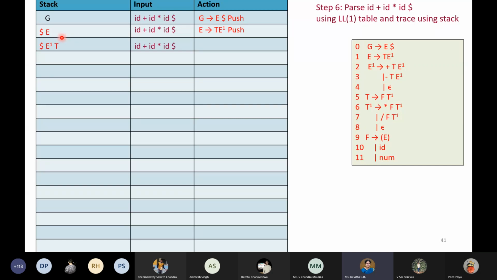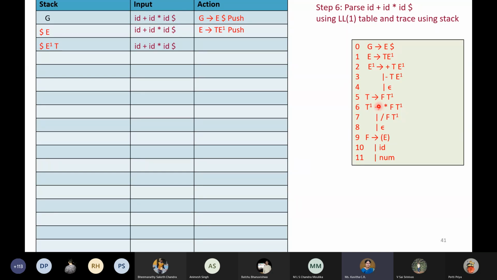Okay, so my next step is what? I have replaced this E successfully with T E dash, T being on the top. Still I am pointing to ID only. If you derive and see in the form of a tree also, you'll get the similar thing. So now at the row T, when I am pointing to ID, what is the decision? This is the only rule we have got. There is no other option.